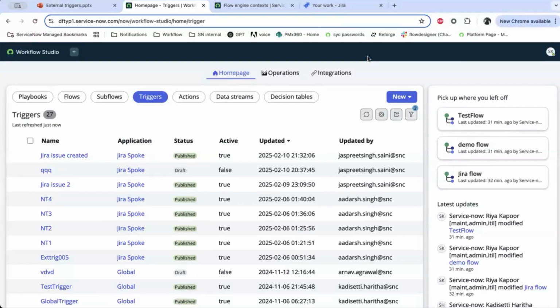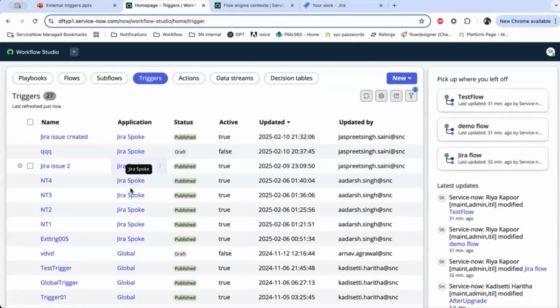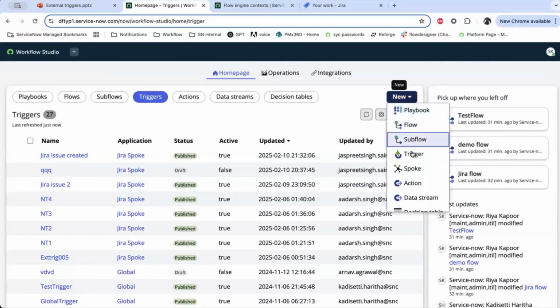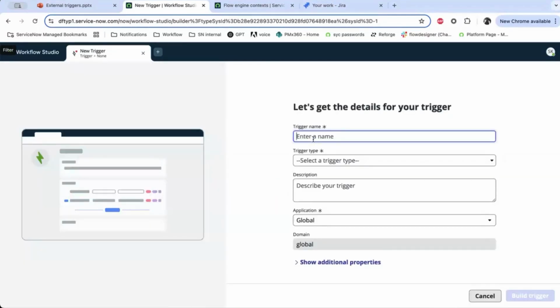We are on the Workflow Studio page, which has a new tab for triggers. This lists all the pre-saved triggers that can be used in Flow Designer. The user can click on New and create their own custom pre-saved trigger. The user can define a name for their trigger. I'll be writing down new issue